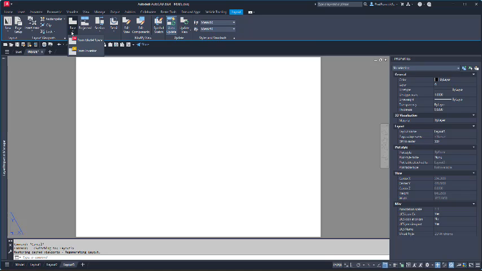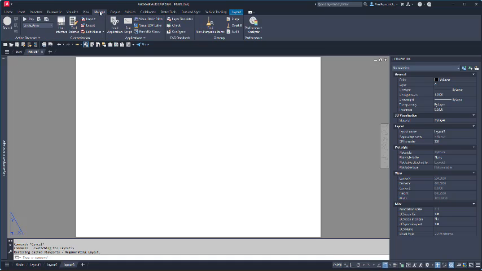Now, if you don't see them there, then you might be confused and think to yourself, but they're supposed to be there and they're not there now. How do I get them back? And the solution is relatively simple. You have to go to your Manage tab and open the Custom User Interface, the CUI. From the CUI,